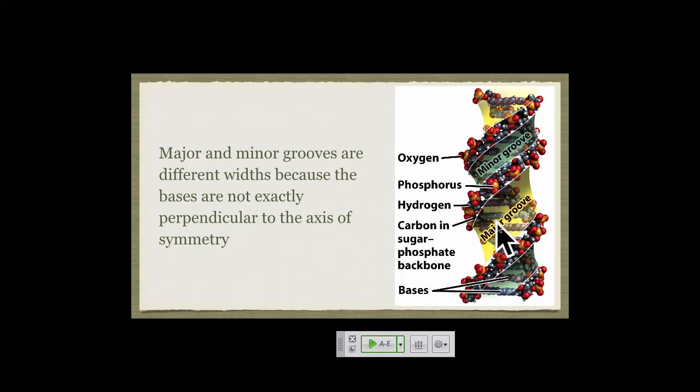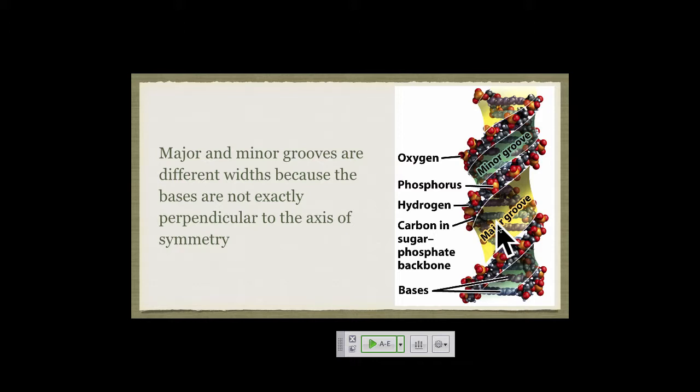Now, you look at this space-filling model of the DNA, and one of the recurring themes that we'll keep coming back to as we go through the remainder of the course is protein interactions with a specific DNA sequence. Transcriptional activators, lots of different examples. The bases are inside the helix, all right? How could the protein read the DNA sequence without unwinding the helix? Or is it going to have to unwind the helix every time it binds? Yes.